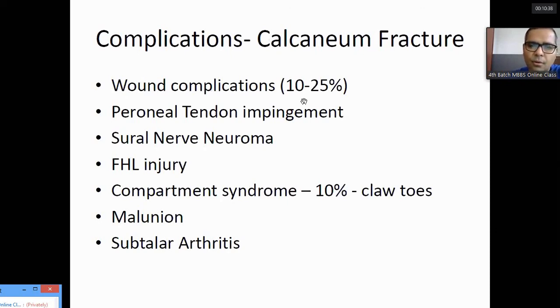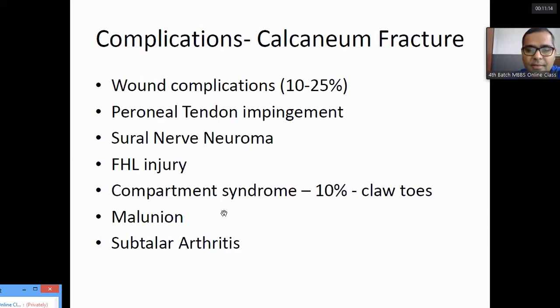We fear wound complications, which are commonly seen in 10 to 25% of the cases, due to the broadening of the heel. Due to the broadening of the heel, there might be impingement of the tendons around, and typically the peroneal tendons are at risk. Peroneal tendon impingement, and when the sural nerve gets hit, there might be a neuroma. Flexor hallucis longus (FHL) tendon injury is also possible, and we should be very cautious to observe for